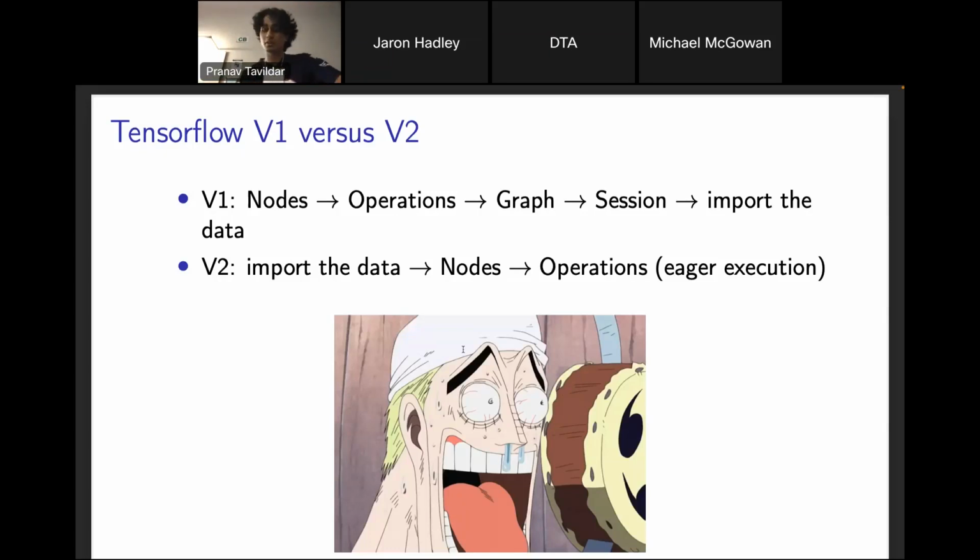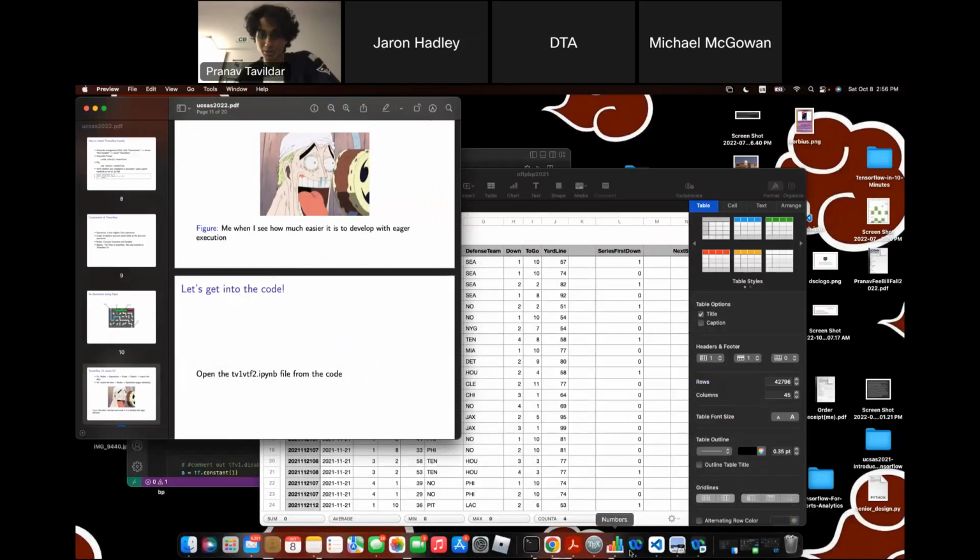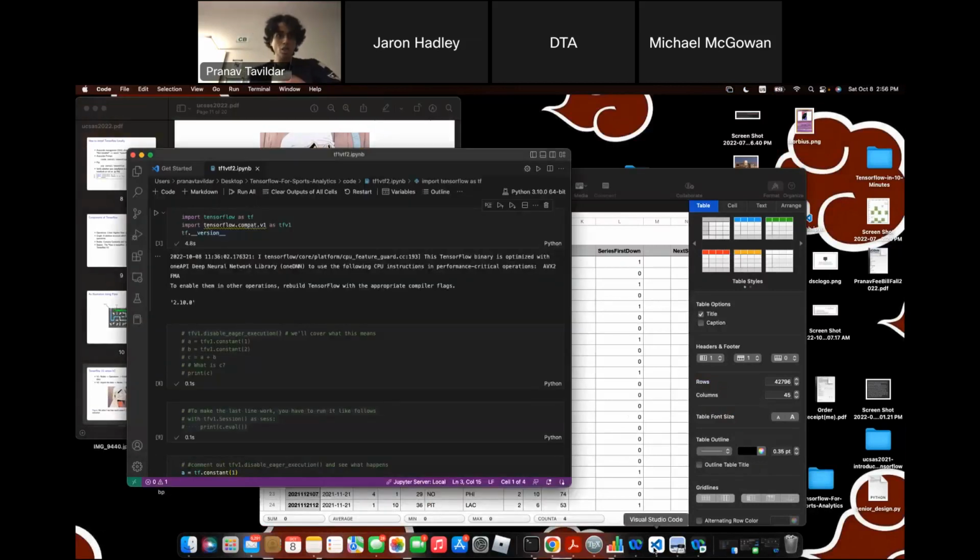So let's take a look at it. If you go to the Sports Analytics Symposium website, you'll find a link to my GitHub repo, and you want to open this file first to show how eager execution works and how it's different.